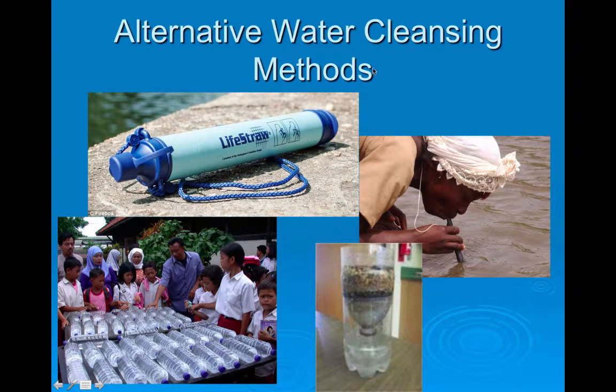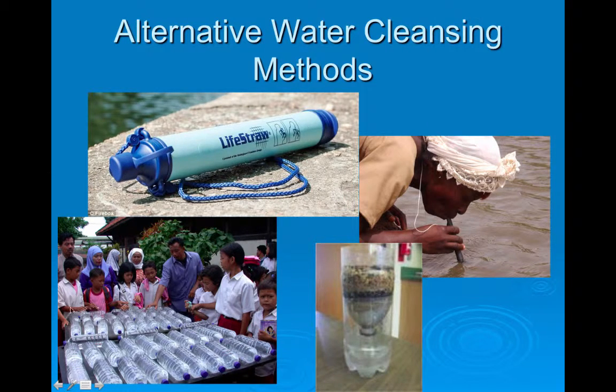All right, there are alternative ways to clean water other than the massive water treatment plants we have here in the United States. Lower left-hand corner, UV light passing through bottles on top of a reflective metal pan for 12 hours will kill the majority of the bacteria in there. This is a filtration system made out of gravel, sand, and charcoal. And then you can see here there's a thing called the LifeStraw, which purifies the water as it's sucked in from the bottom and hits the person's lips on the top.